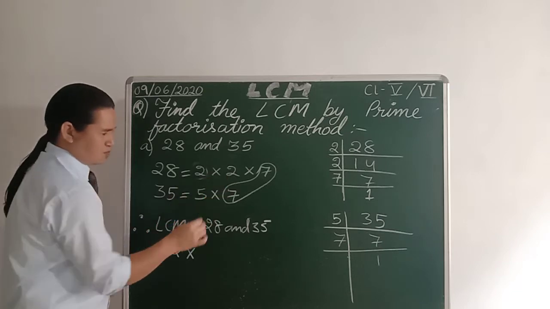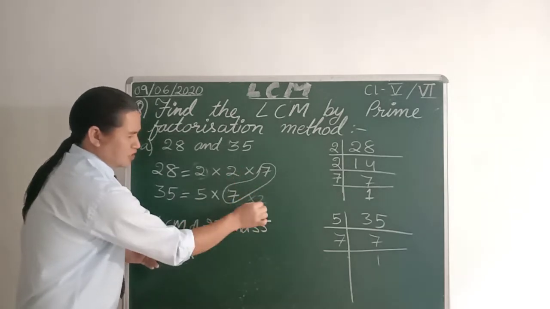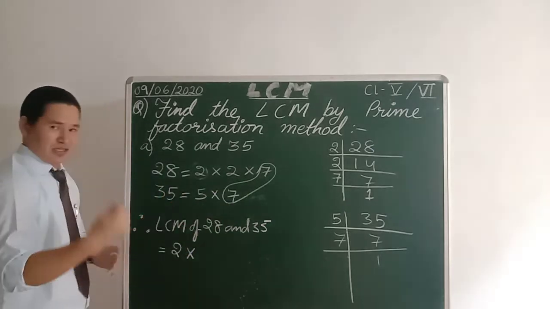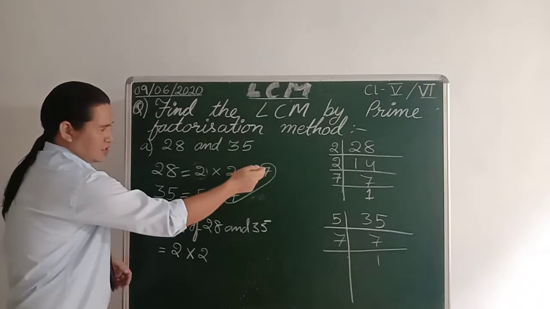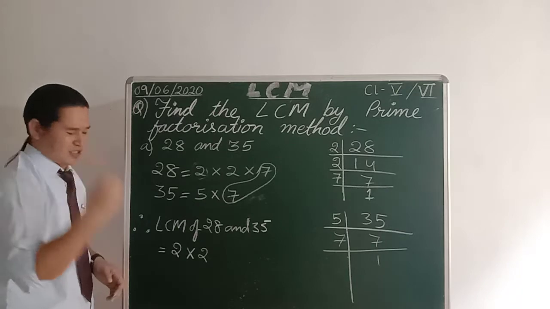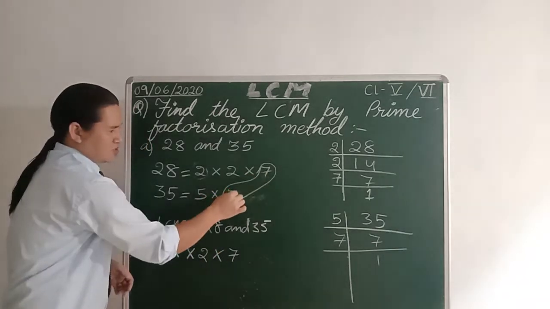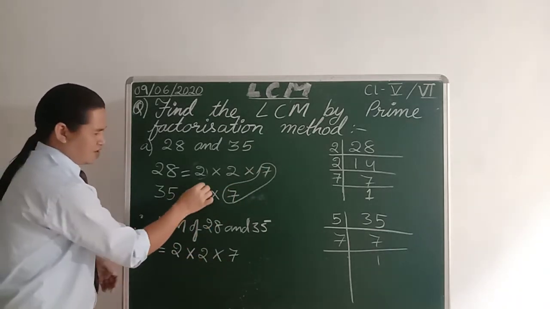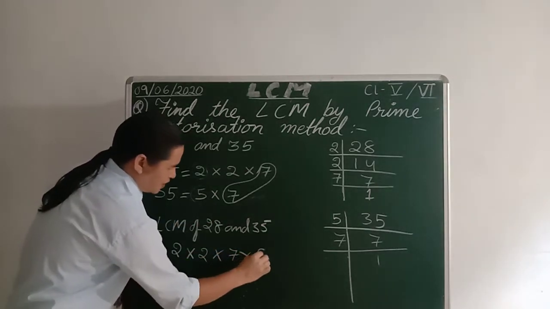Suppose if you find a 2 in the other factors also, then we can write only a single 2 over here. But if there is no similar number, then we have to repeat it, that means we write the 2 again. Now 7 and 7 are both the same, so you can write only one 7 over here. Though it is similar, that's why we write only one 7. Now what remains? 5 remains here, so you write down this 5 over here.